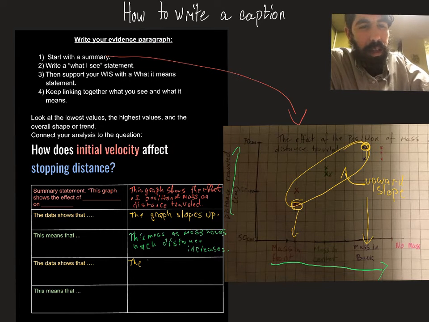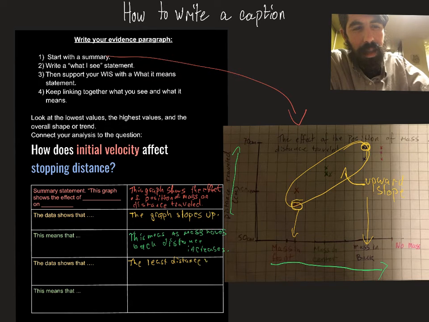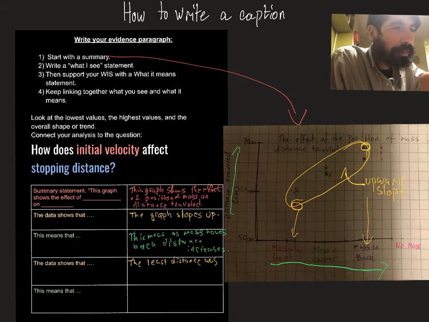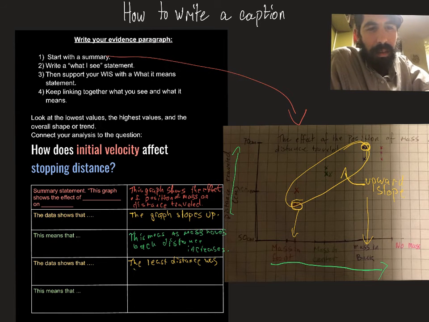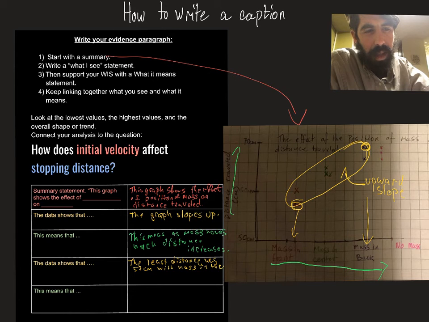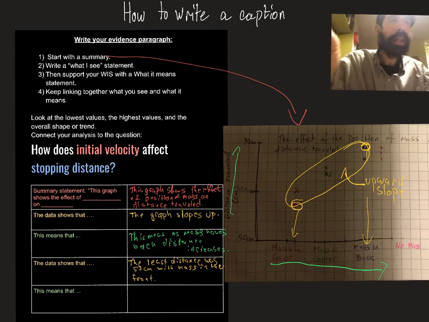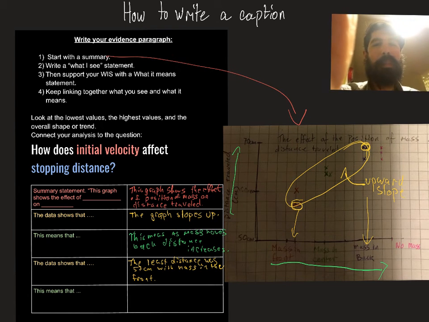The least distance was 57 centimeters with mass in the front. And then I'm going to write what this means. Well, say this means